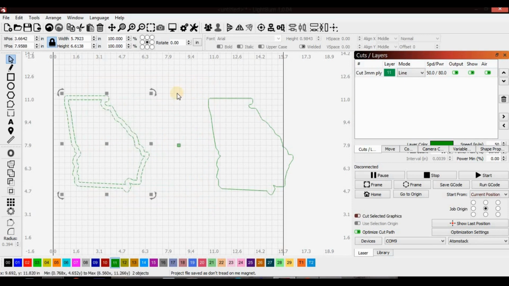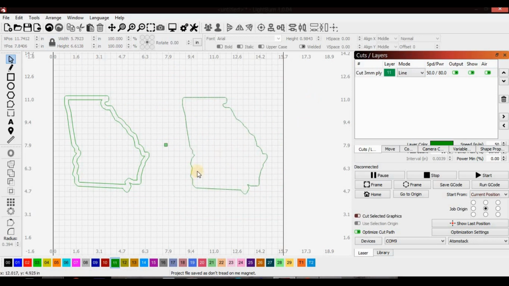Same thing as the circle. It's going to be what we cut out. And this one is going to be the backing. So if we are going to put a zip code, it's going to be on this one right here. Now keep in mind, Georgia actually tilts a little bit. It actually sits like that. So keep that in mind when you put in